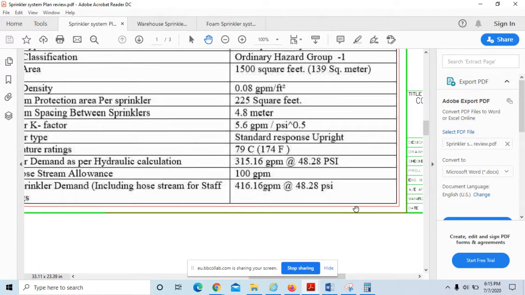Maybe the pump manufacturer or the contractor who is supplying the pump says 416 GPM is not available in the market, and recommends a 550 GPM or 500 GPM pump for this application. Now you will be buying a pump of higher capacity for this small application. You are losing your money. But at the same time, recall the discussion we had in our pump design talks, the performance curve, how it works at no-flow condition, at overload condition, at full flow capacity. If you recall all those points, you will not get trapped by the manufacturer or the contractor who is trying to give you a high capacity pump. Got the point?